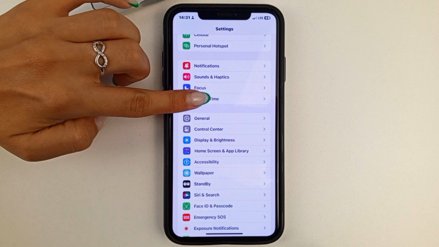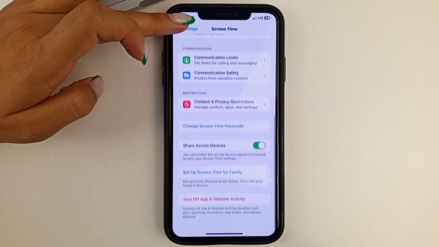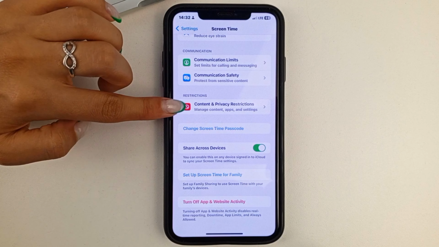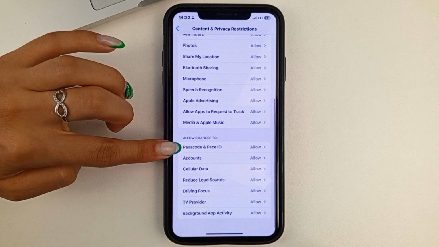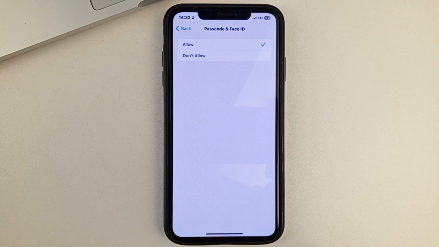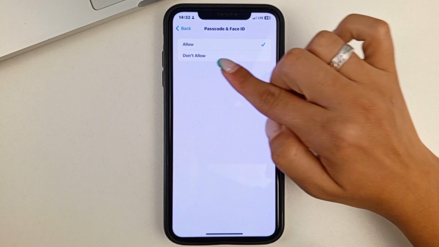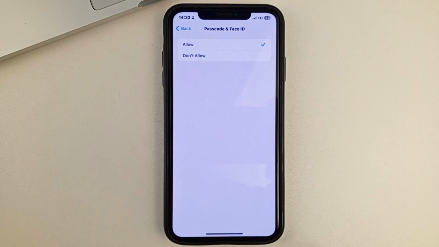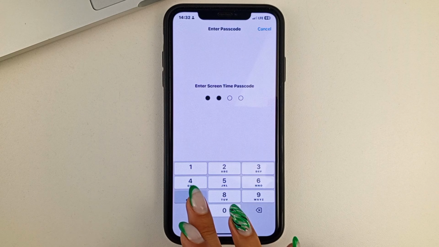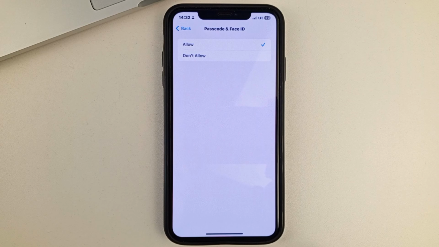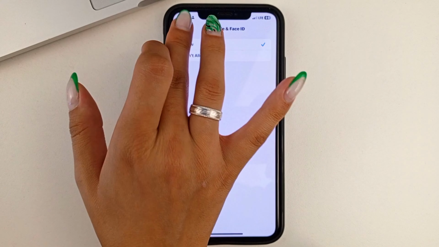To do that, folks, go to Screen Time, then scroll down a little bit and click on this option. Then also swipe down and find the password and Face ID. Tap on it. So friends, if you don't have the Face ID password displayed, then you will have the settings on the second item. In order to fix this, just toggle the check mark on the first item and then enter your phone password and then go back.